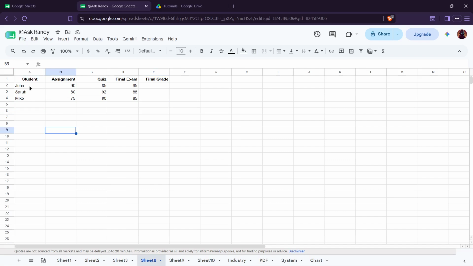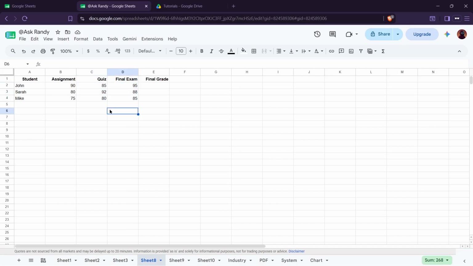to the final result. To begin, open Google Sheets and go to your spreadsheet. Once you're there, make sure your sheet is organized so each score category is placed in a separate column. For example, you might have one column for the first component, another for the second, and another for the third. Keeping scores separated like this makes your formula easier to build, easier to check, and easier to update later if